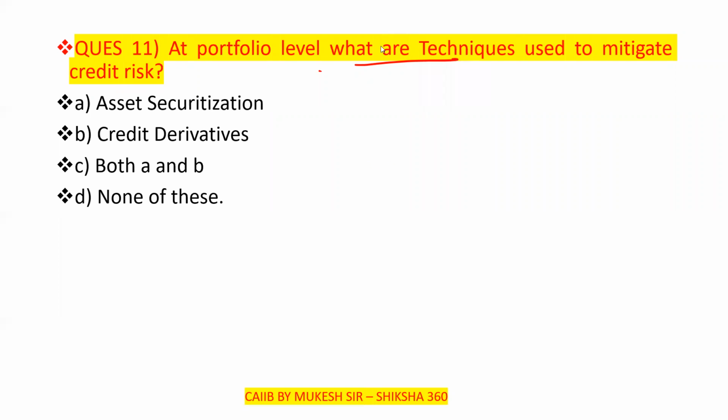A is asset securitization. Option B is credit derivatives. So B we already know, that we are using credit derivatives, like CDS, to reduce or mitigate the credit risk. Credit derivatives are also very important from the examination point of view, that is credit default swaps, credit linked notes,